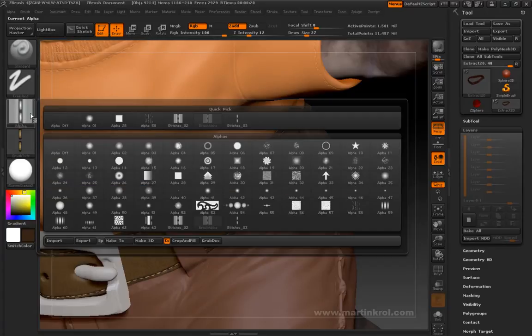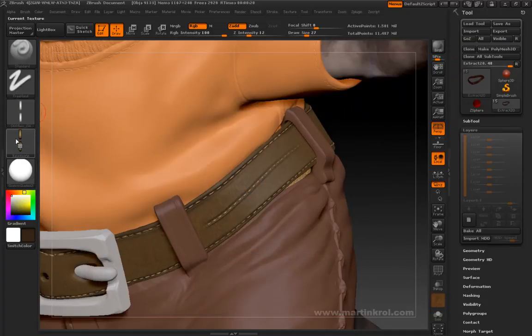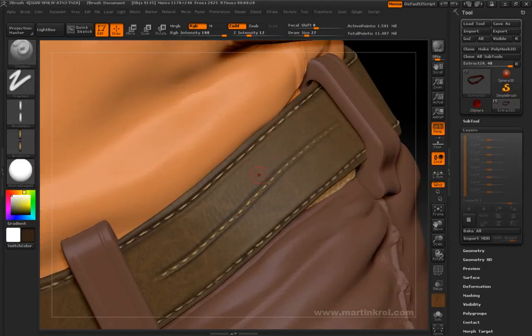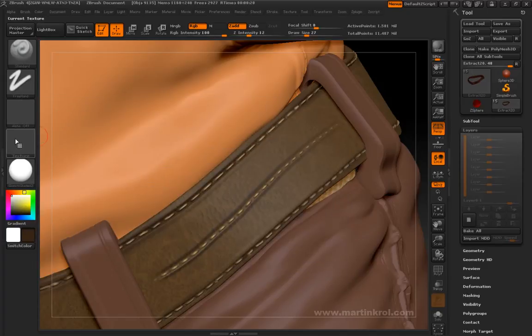So let's just go to alpha, and let's use the other alpha that I've loaded in, that I've created. I'm going to choose stitches 4 as my alpha, as you can see right here. And now I'm going to paint, and as you can see, the stitches are the only part that's actually visible. So what we could do in this new workflow is just turn off all the stitches altogether